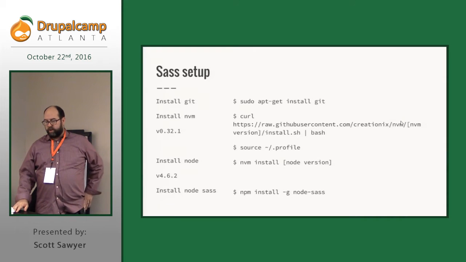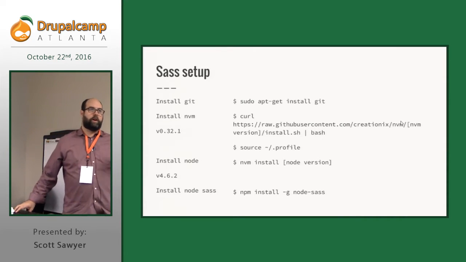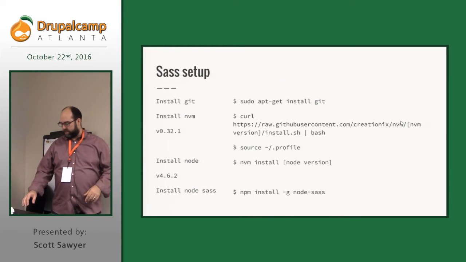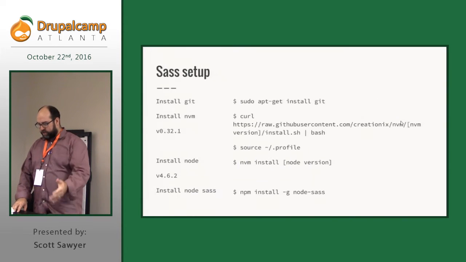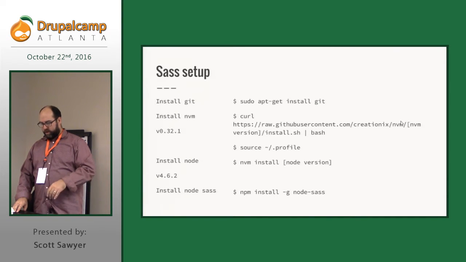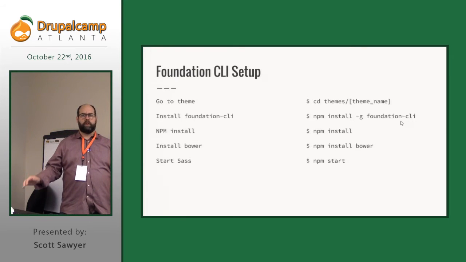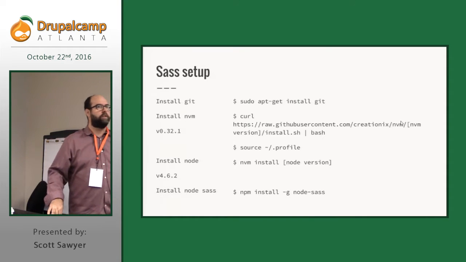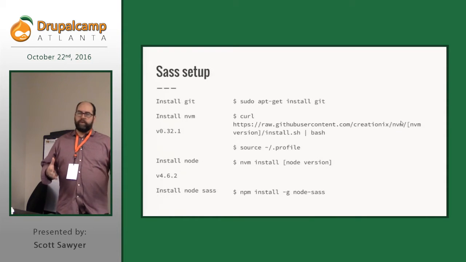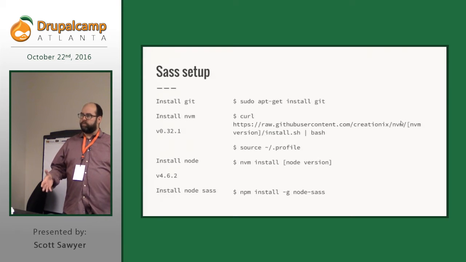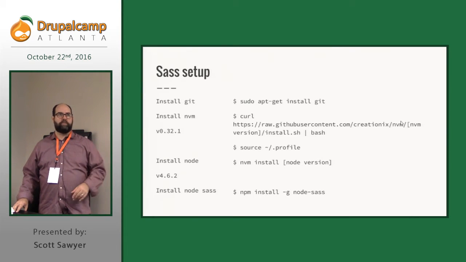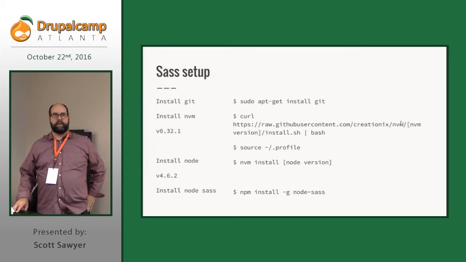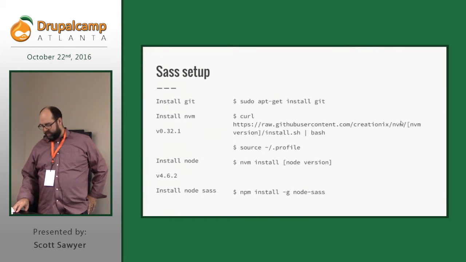For the Sass setup, you've got to install Git if you're not already using Git for your project. I highly recommend it. So instructions for NVM, how to install Node, and install Node Sass, right? Does anybody have any questions about that so far? I kind of jumped through this slide because this isn't really what the presentation's about, but if you're going to be building a site and creating themes and that sort of thing, this will make your life easier. It's kind of a boilerplate kind of thing. Does that make sense? Okay. All right,